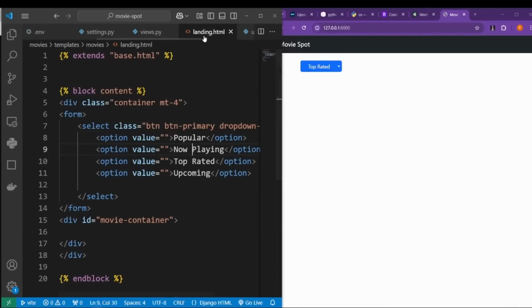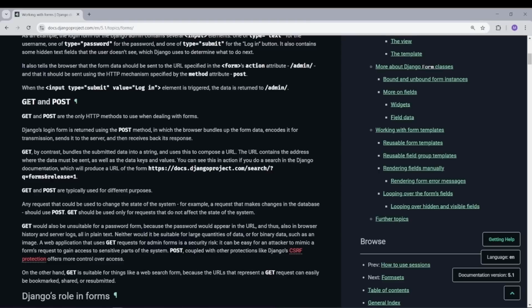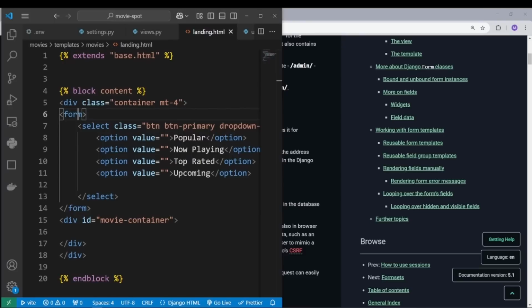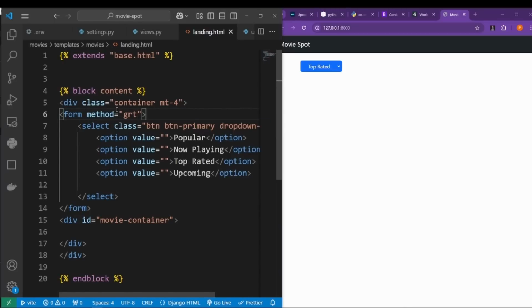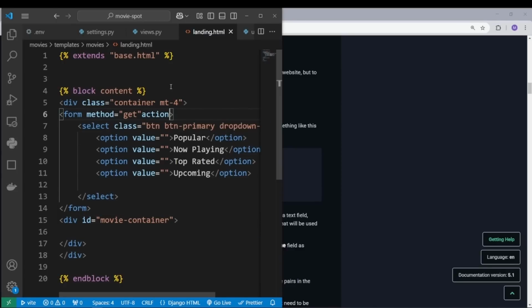If you've noticed, we have created a form element. And as you might know, forms allow a visitor to do things like select options and then send that information back to the server using either a get or post method. So for this form, let's set method to get and set action to where we want our data to be sent, which is our